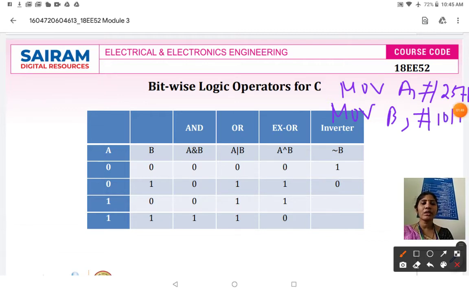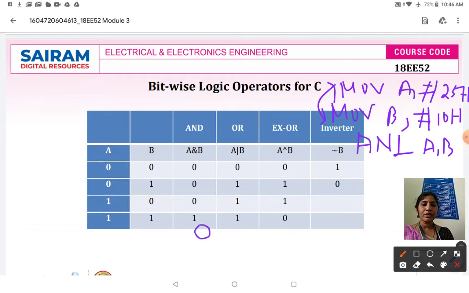Like this, two data are available. So when you have two data like this, for doing a logical AND operation you will be using ANL A, B. It means that whatever data you have in the accumulator and B register is going to be logically ANDed.